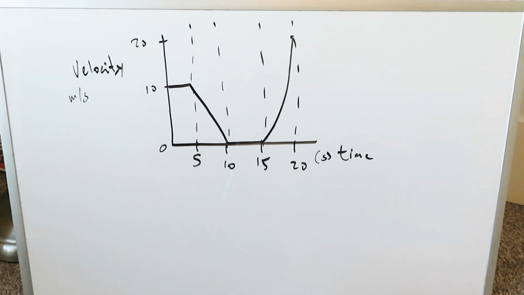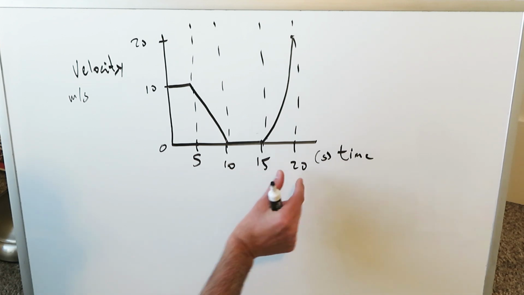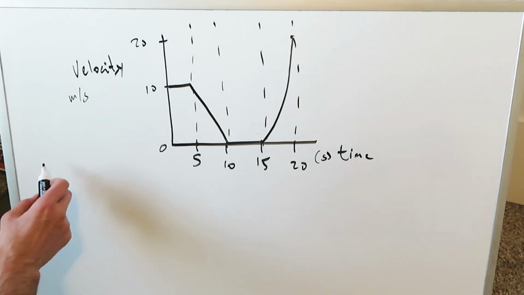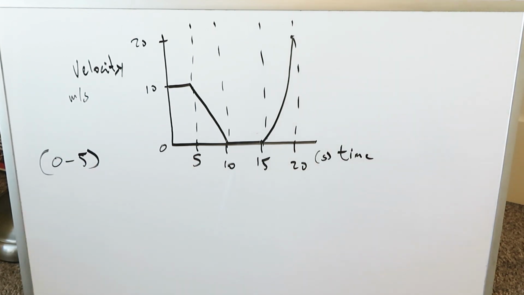We have a graph over here with time as the x-axis independent variable, velocity as your y-axis dependent variable, and you can see there's a bunch of lines and there's a curve. If we are going to look at everything with regards to acceleration, then break everything down into time intervals: 0 to 5, 5 to 10, 10 to 15, 15 to 20. When you focus on the first time interval of 0 to 5, that's this interval here, you can see